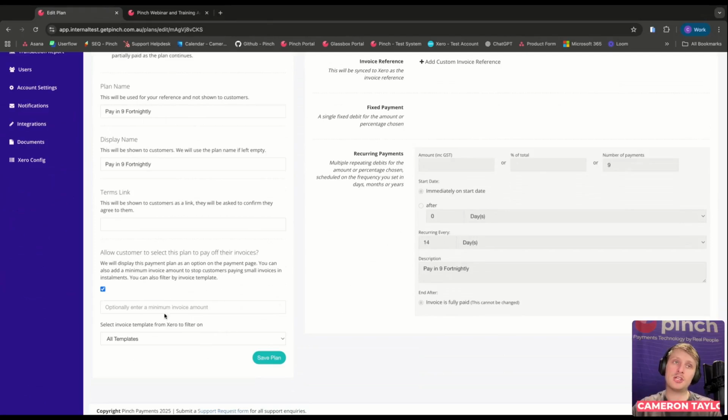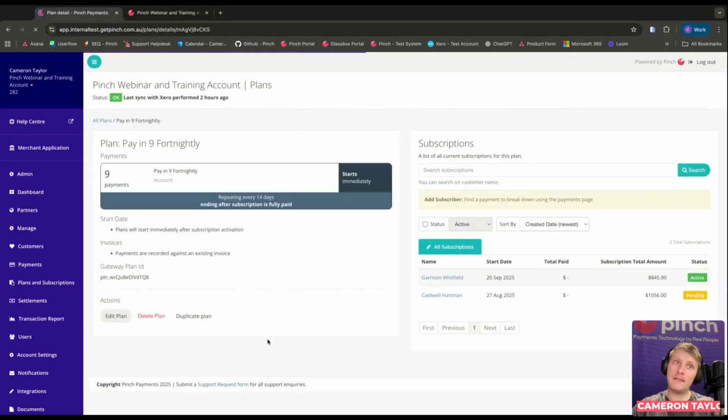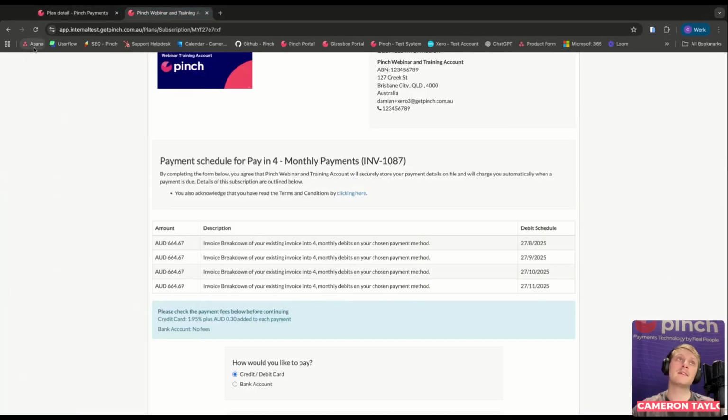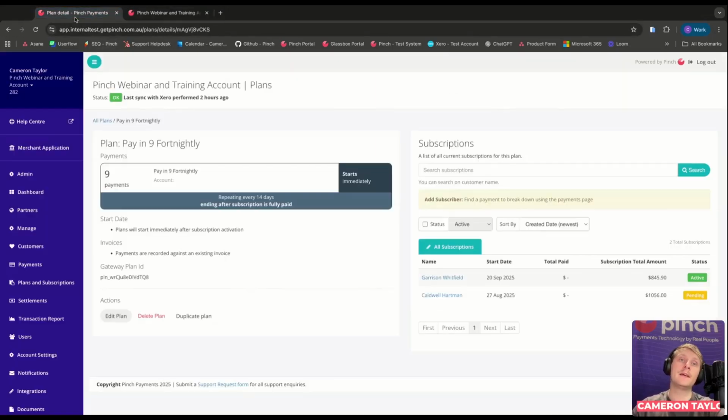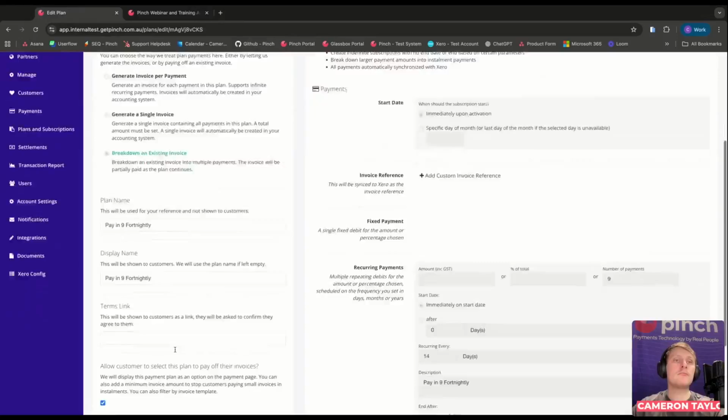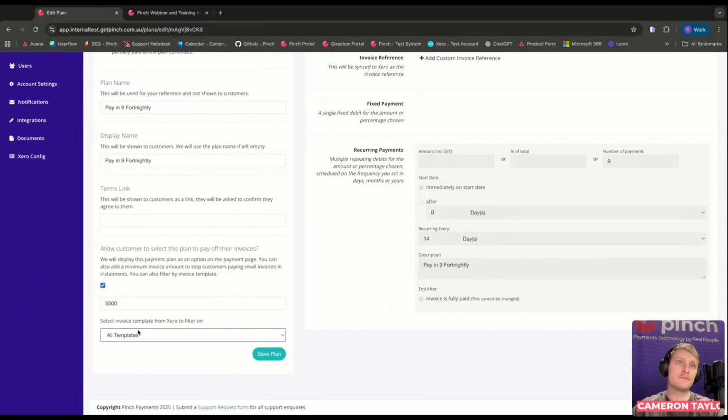Alternatively, there are 2 configuration options. So you can either specify an amount, meaning you only show invoices over a certain dollar amount. So in this case here, for this invoice, if I configure that payment plan, it wouldn't show for this invoice because I set a $5,000 threshold, which this invoice is less than, which is why it's not going to show here. However, you can also specify template. So if you're a Xero user and you're using invoice templates, you can also choose to only show this to a certain type of invoice, so that if you're rendering services to a specific client group,